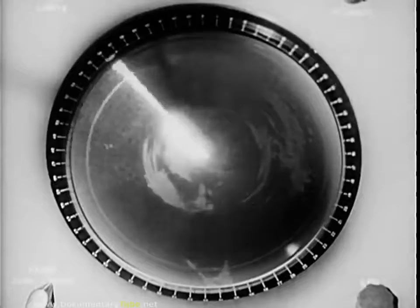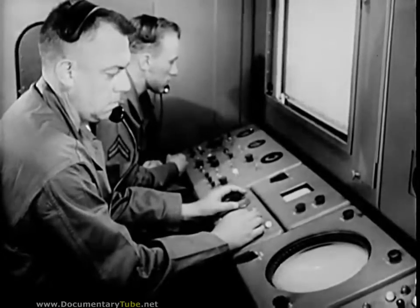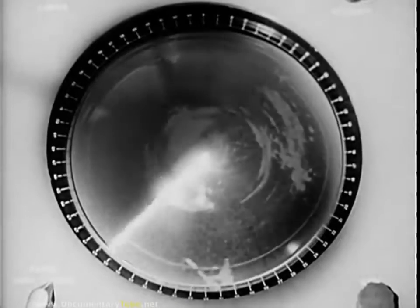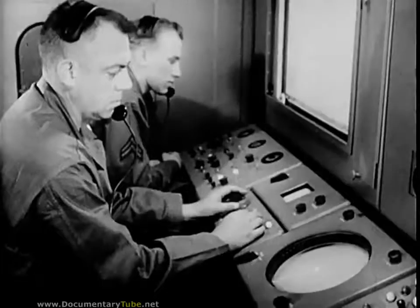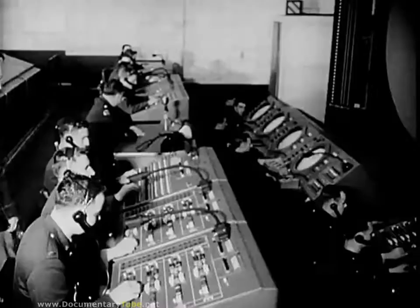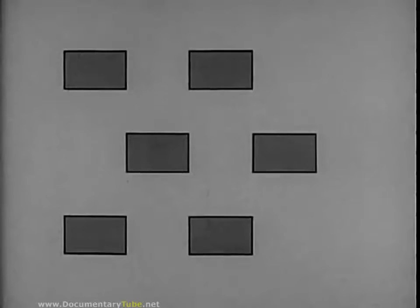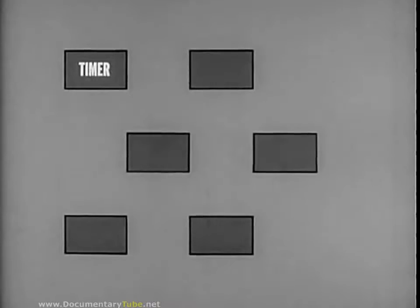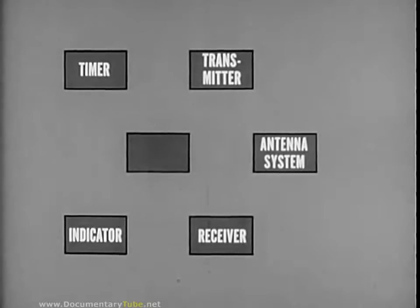The PPI scan, or plan position indicator, plots range as distance from the center of the circle and azimuth as degrees of the circle. There are other scans for other purposes, and to obtain three-dimensional information, indicators are often used in combination. The basic components of a typical radar set are a synchronizer timer, transmitter, antenna system, receiver, indicator, and